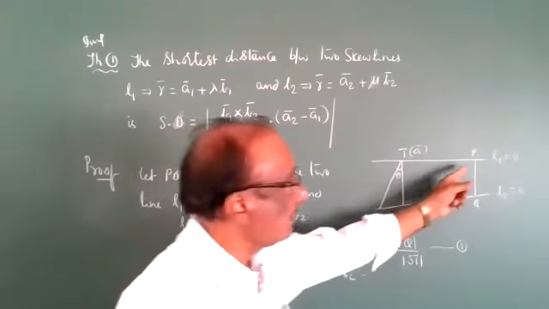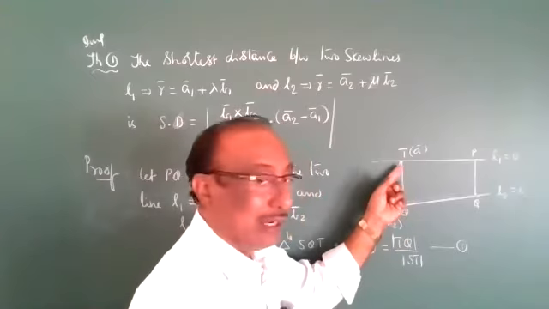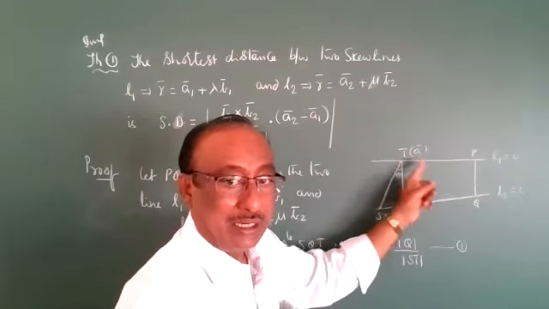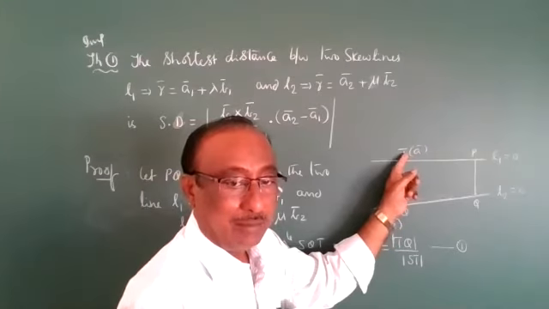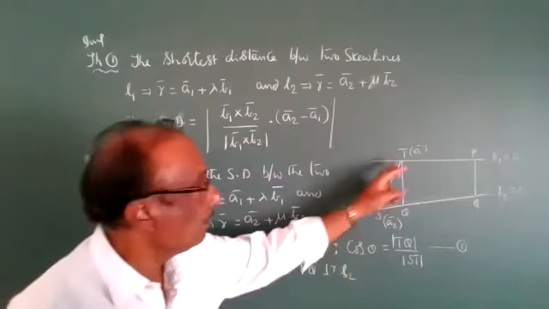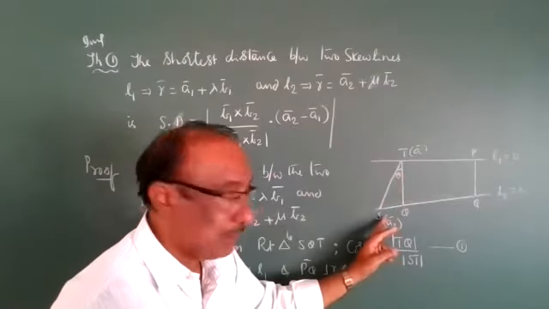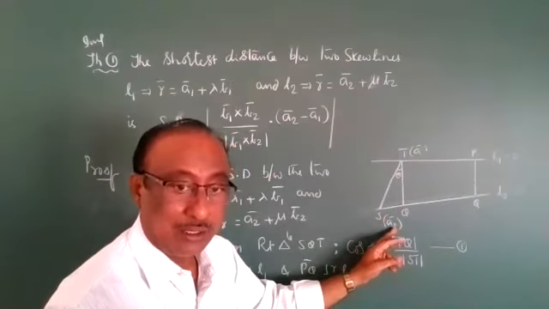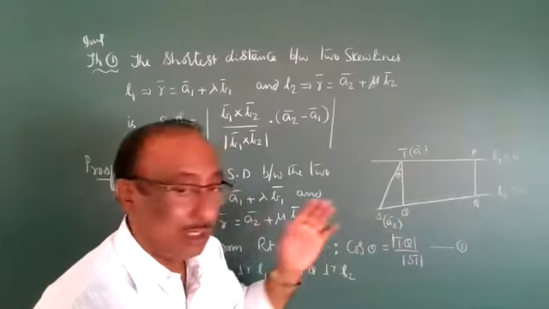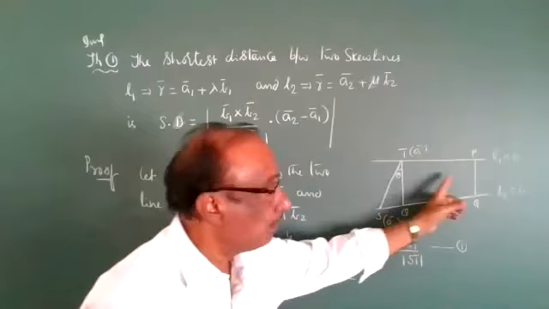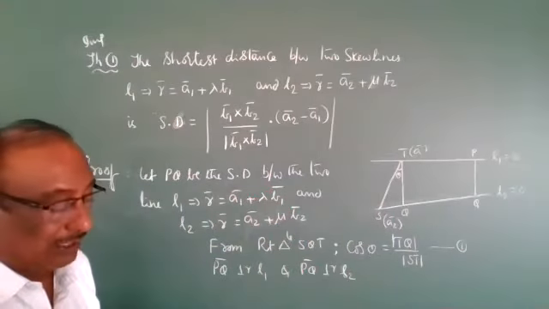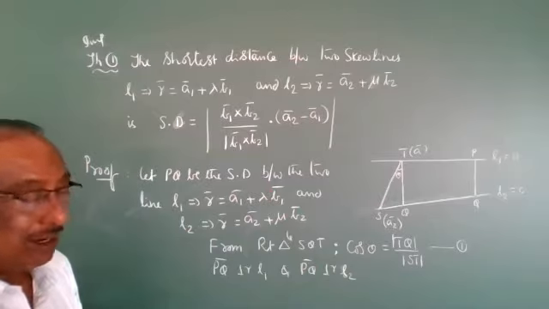So for the shortest distance I will take the TQ line, one more point. T is passing through the point A bar. So the line is passing through the point A bar and parallel to the B bar, that is the parallel DS, passing through A bar, and S passing through the point A2 bar. I will draw one more line TQ, so that is parallel to PQ. Two lines are parallel, they differ in only a constant.